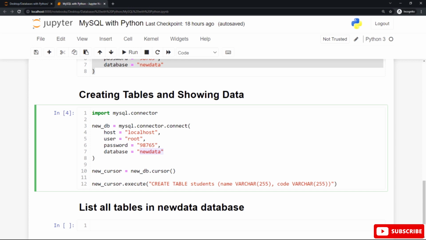Now let's check if this table called students exists by listing all tables in new data database. Let's do that by using the for loop to iterate over this cursor.